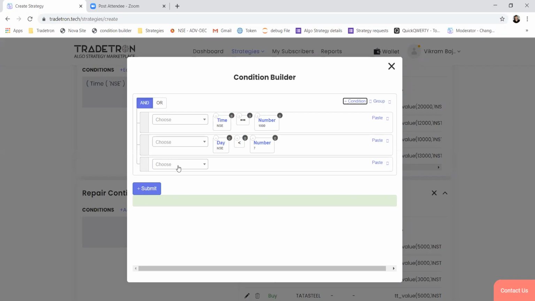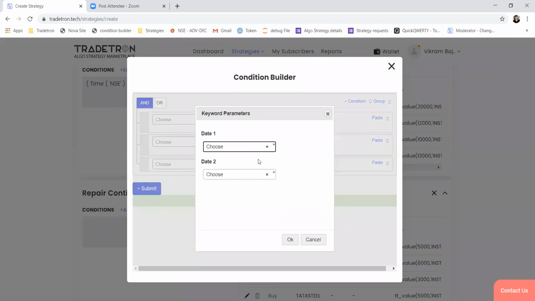And one more condition to check whether there was any trade in the last few days. As we are trading once in a month, we will check that the next trade should happen only if it's been more than 15 or 20 days since the last trade happened. So we'll check that using the days difference keyword. Days difference keyword basically gives you the difference between two dates. So it has date 2 and date 1. The difference will be date 2 minus date 1.